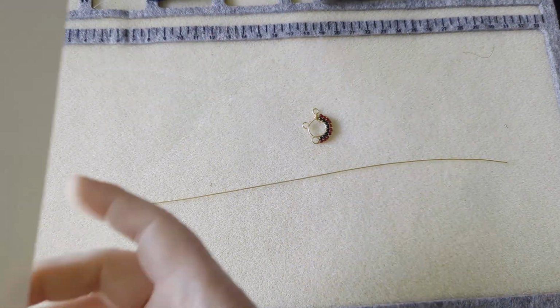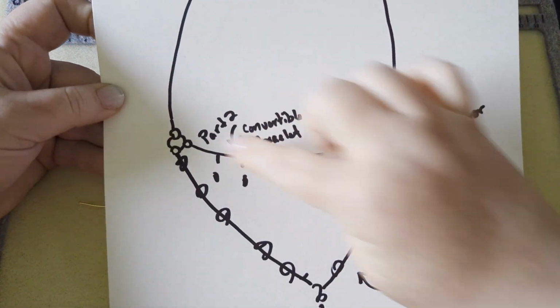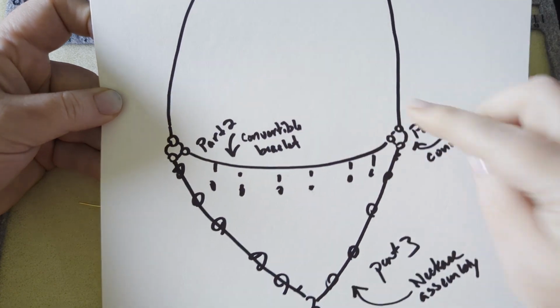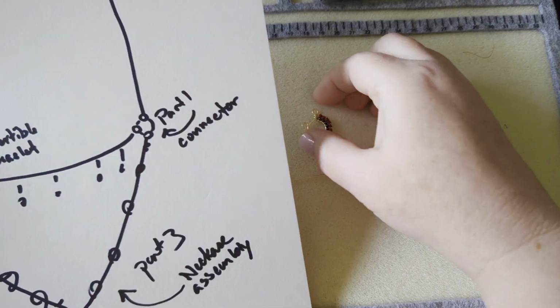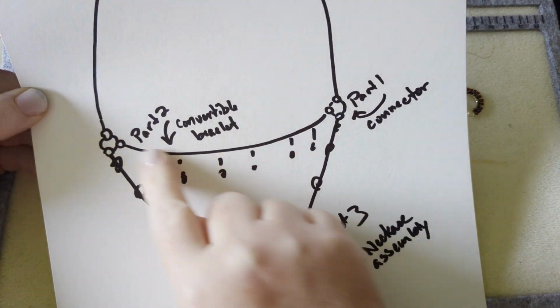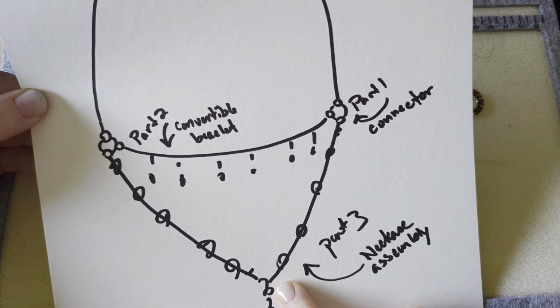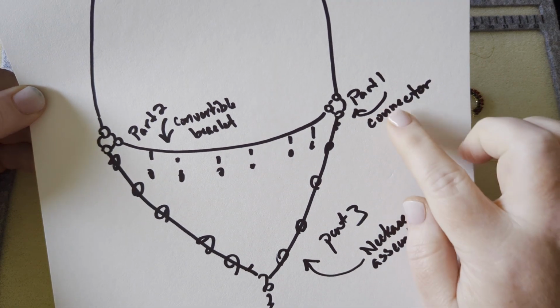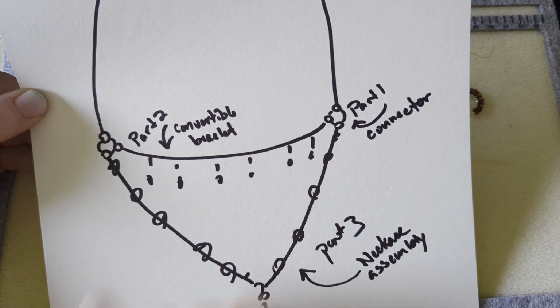Now the full project is going to be a multi-layered necklace where I've got the strand that goes behind the neck and it's connected on the side to a central part that goes in the front and then a longer part that goes down the middle. So part one is going to be the connector piece. Part two, which will be coming up, is